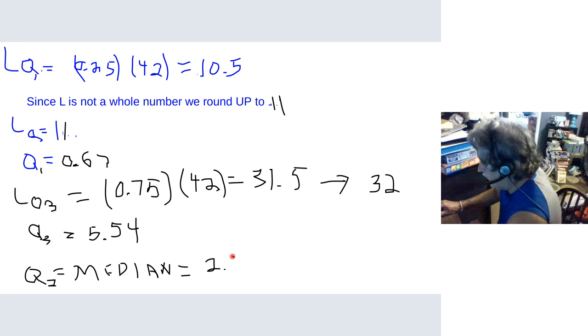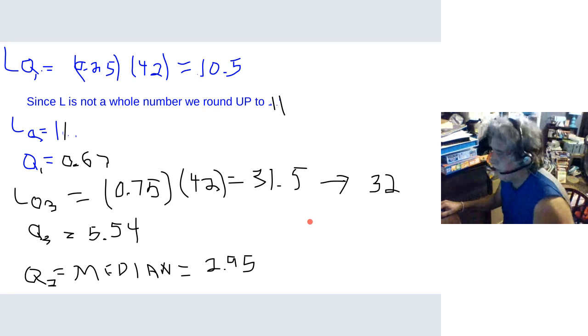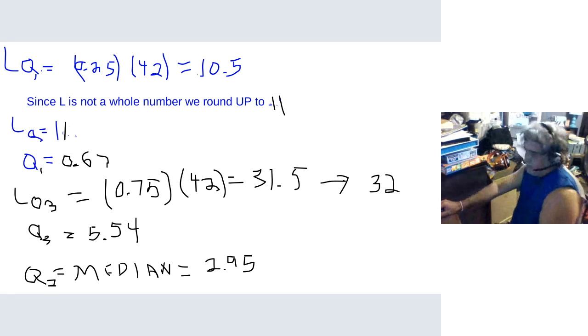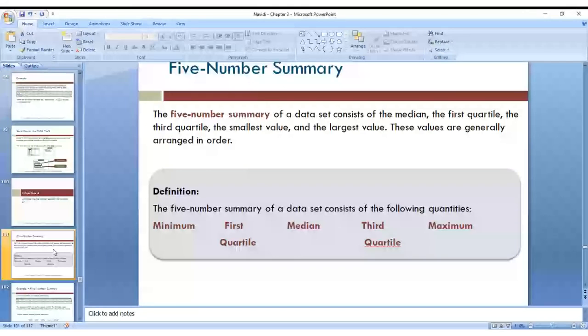All right, now what are these useful for? Well, we can do something that's called a 5-number summary. So we've got the ones that we had to calculate, the Q1, the Q3, and the Q2. All right, so let's go back over and look at this slide. And they've got over here, this is what the 5-number summary is called. And we'll talk about why this is important a little. But the 5-number summary is made up of the first quartile, the median, and the third quartile. And then you also use the minimum and the maximum, which are pretty easy to find because if you got